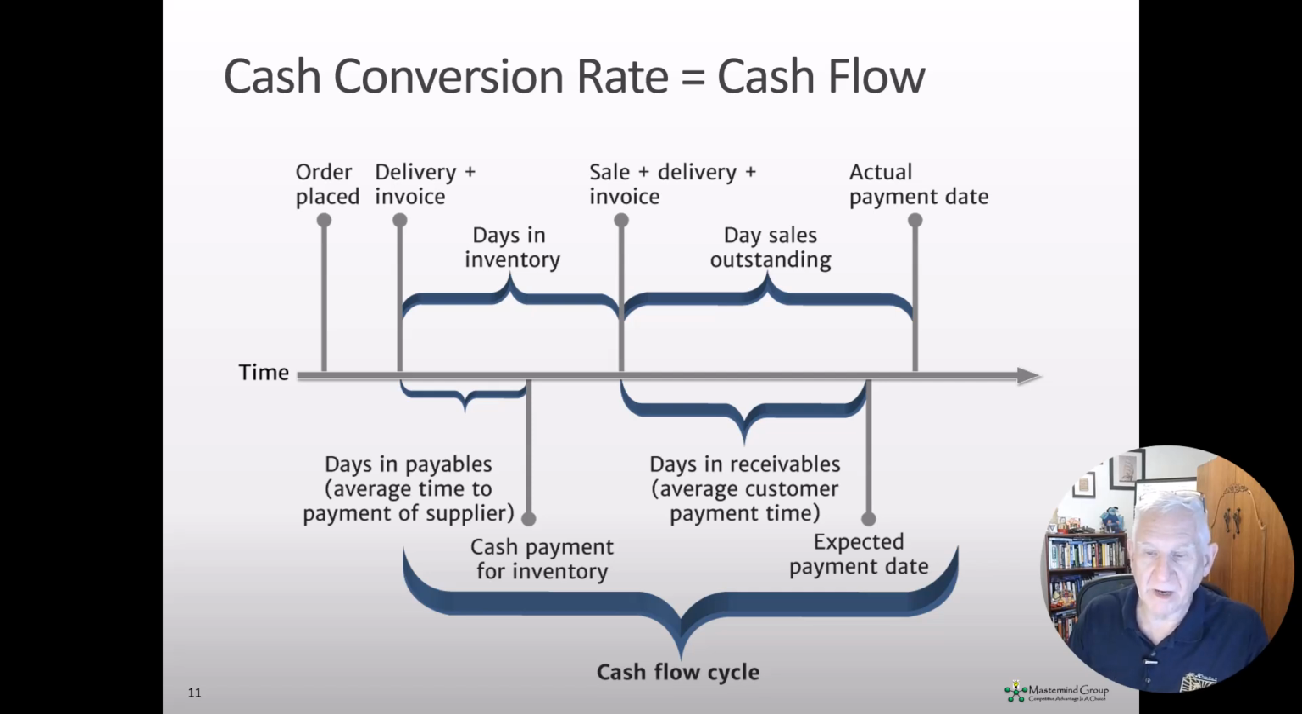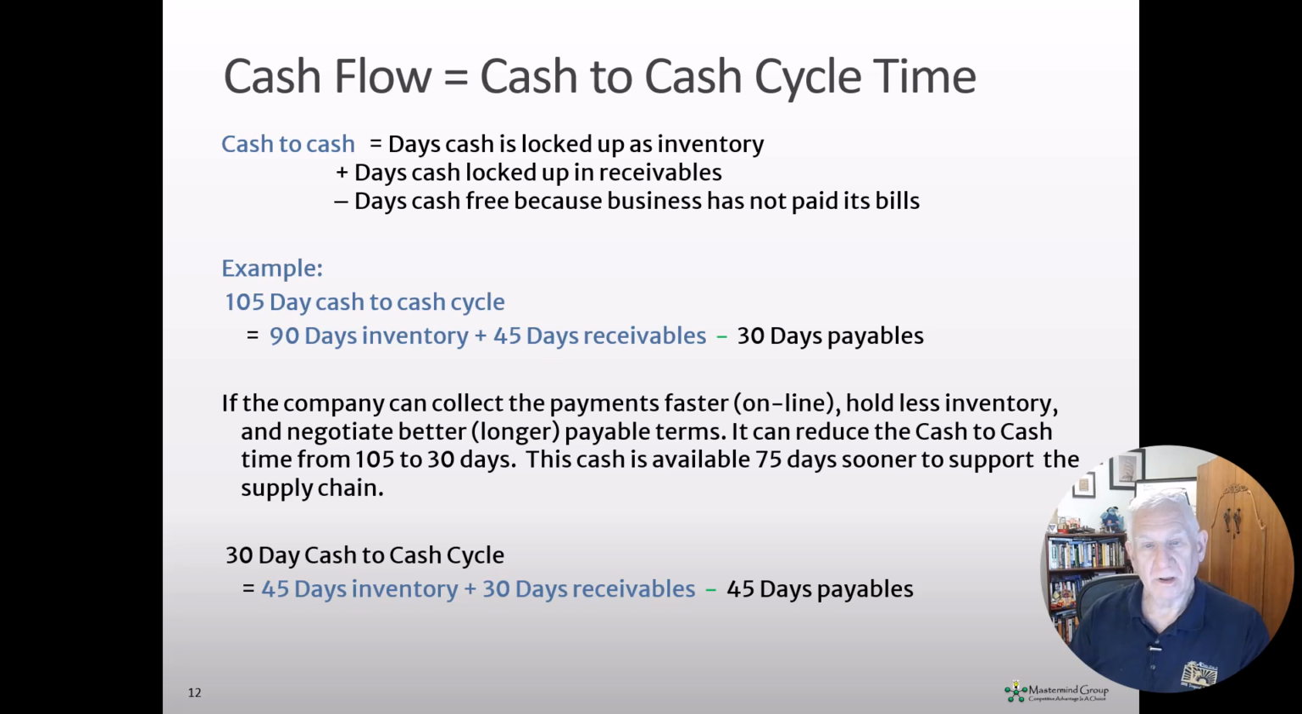So we have to pay a lot of attention to how long it takes that process to happen. So let's break that down with an example. Here you can see an example of a 90 days average inventory and 45 days receivables with 30 days payables. When you add these together, the sum is 105 days cash to cash, which means when you invest $1 today,